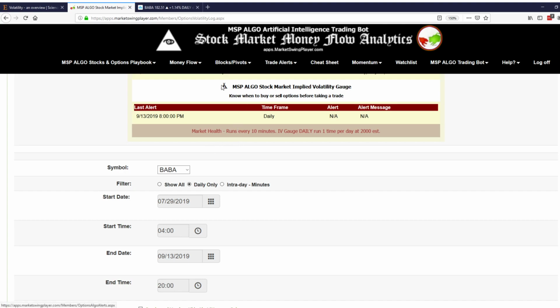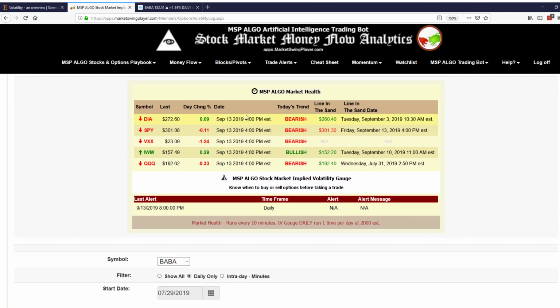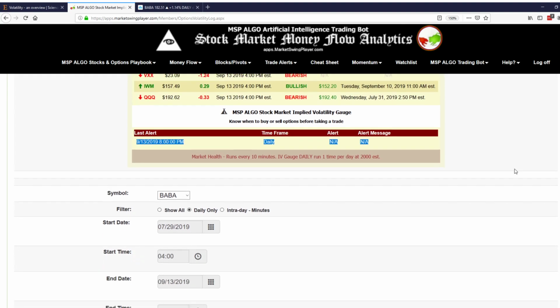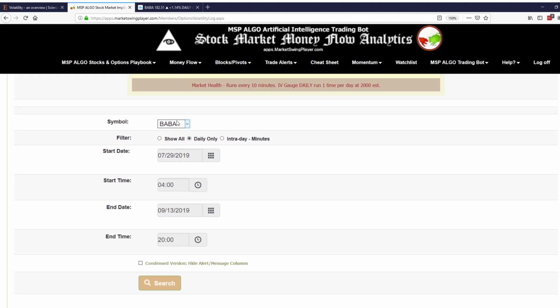So you could see here on the MSP Algo Market Health, MSP Algo Stock Market Implied Volatility Gauge, know when to buy or sell options before taking a trade or stocks, and it just updates you on the daily. So this one is for the entire stock market, okay? Now we could search by symbol for the stocks that we follow. So we could search in the daily only, the intraday as well,